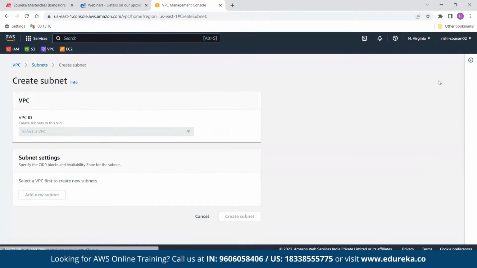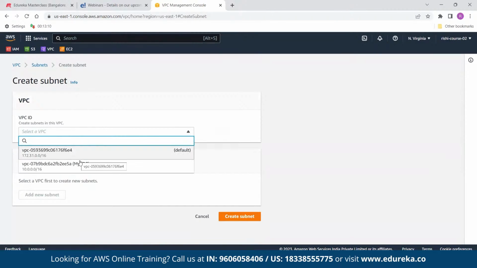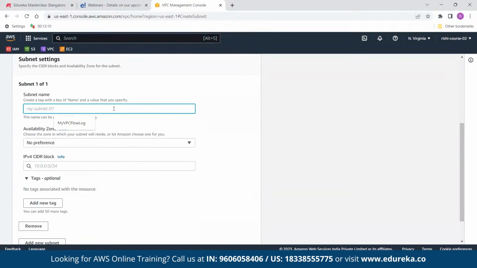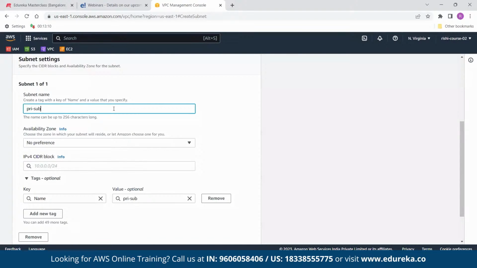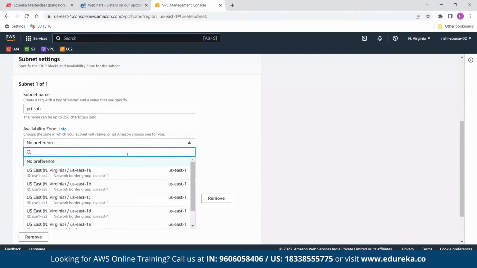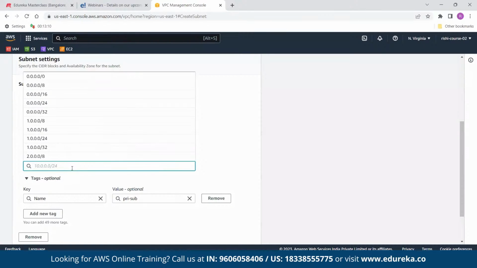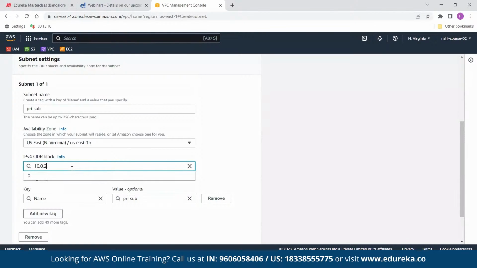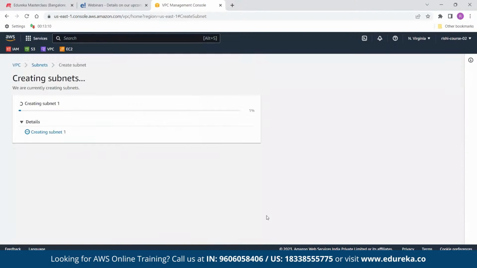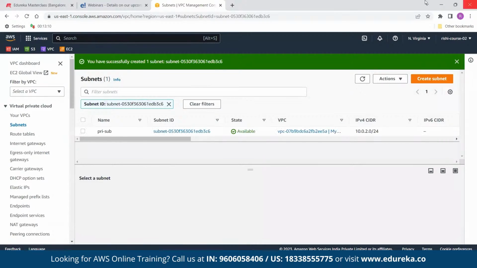I will create one more subnet, same VPC, and I call it private sub, pri/sub. I will create it in a different availability zone, let's say US East 1B. The range for this should be 10.0.2.0/24. Create the subnet. Okay, so my subnet is created, my VPC is created, my Internet Gateway is created, but now